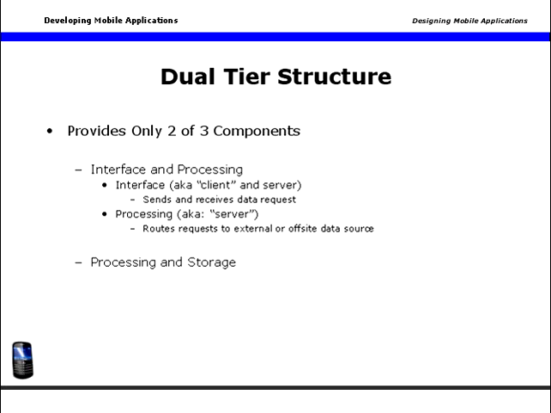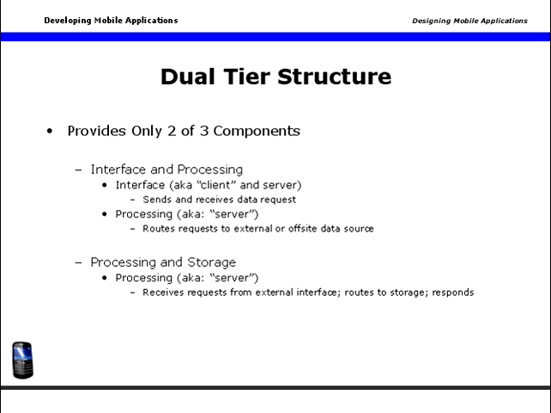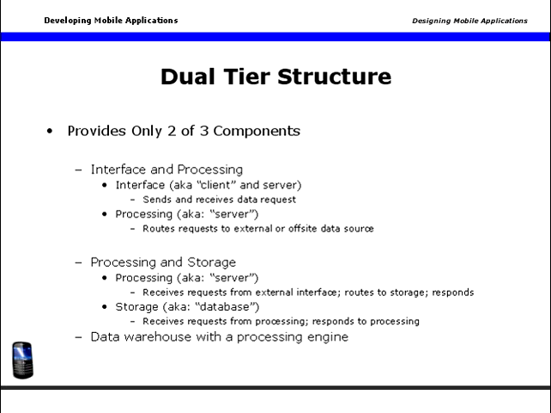Other systems provide just processing and storage. In them, the processing function, or the server, receives requests from an external interface, routes to the storage, and responds. The response is carried back to the user by an external interface. The storage, or the database, receives requests from processing and responds to processing. Examples would include a data warehouse with a processing engine,